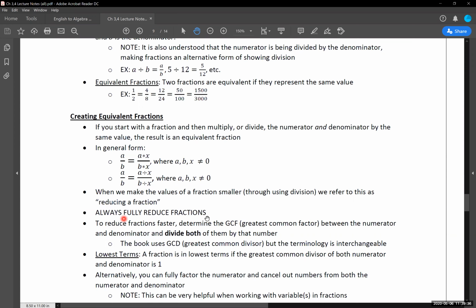Pro tip for anyone that's wanting some advice for tests. If you have a fraction as your answer and you're like, how did I get this wrong? Or you're looking at something on the homework, how did I get this wrong? Did you fully reduce the fraction down? There are very few instances where we will not be reducing our final answer down, and they're very far and few between, so do not rely on, I just put an answer, it's probably fully reduced, I'll just move on. Always check that. Points are on the line if you're just going to skim through the answer, the test, anything like that. You don't want to have any of that left to chance. At least I wouldn't think we would want to do that.